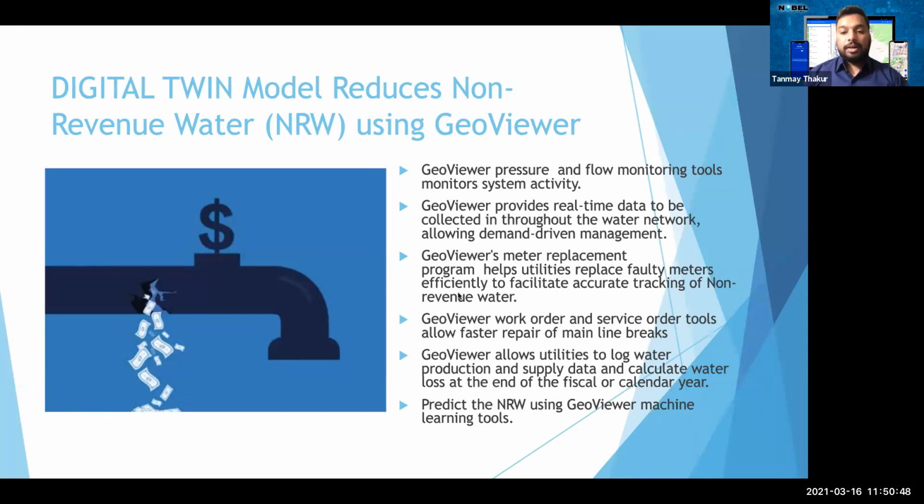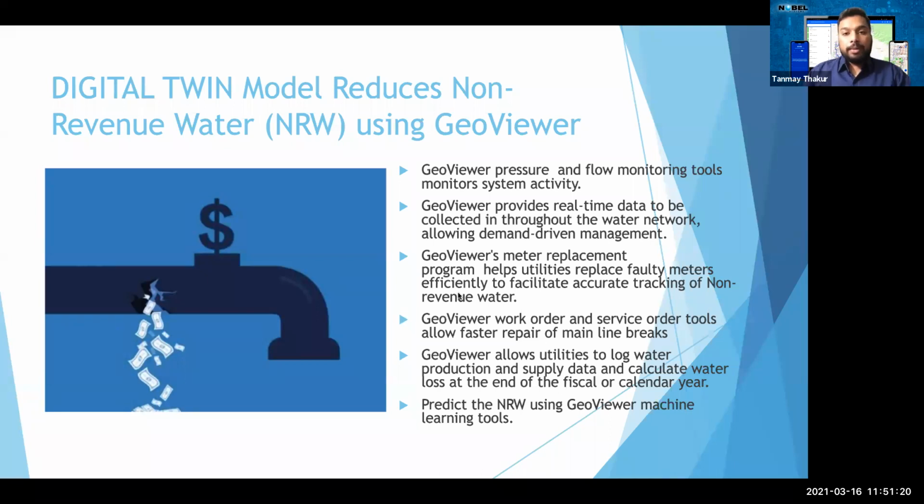You can create real-time work orders and service orders and know the operation efficiency across a timeline. We also have a meter replacement program which helps the utility track how many meters have been replaced, and also helps to know how much water is used, or to read the meters using the GeoViewer tool.